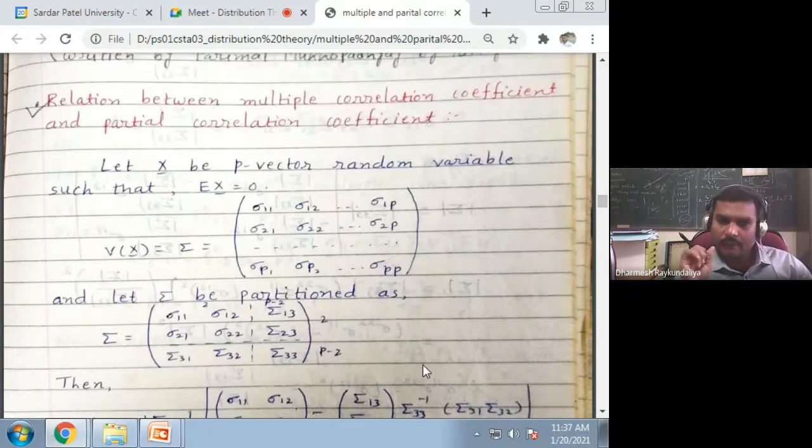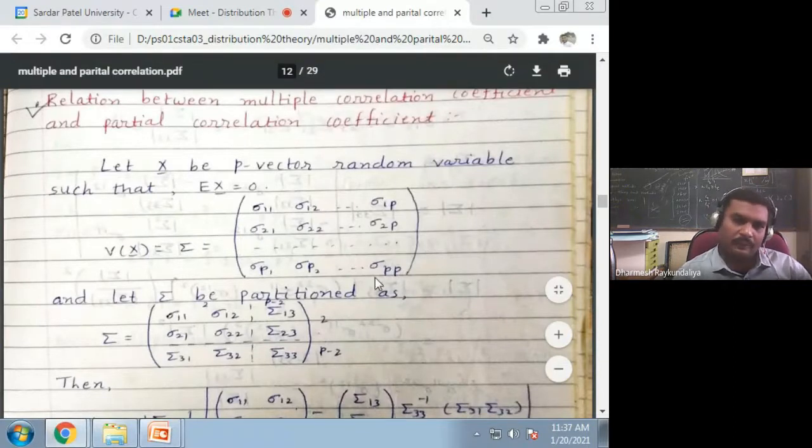and then say obtain the multiple correlation from this, obtain the partial correlation from this. So first we derive the relation between the multiple correlation coefficient and the partial correlation coefficient. So let x be a p-vector random variable whose mean is 0, and we know that the variance covariance matrix of x is given by sigma, with entries sigma 1 1, sigma 2 2, sigma 1 p up to sigma p1, sigma p2, sigma pp. So it is a p cross p matrix. Why? Because x is a